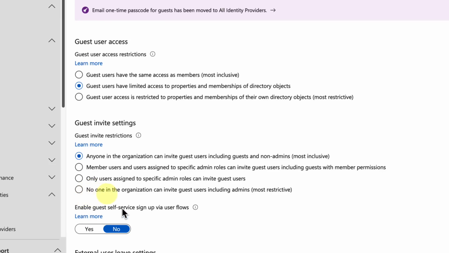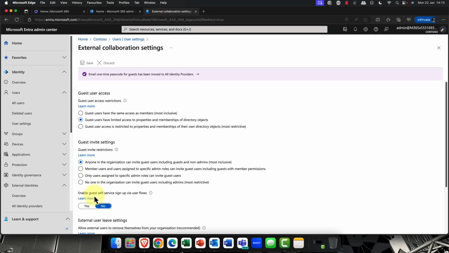Finally, enable self-service sign-up via flows. Typically this is really useful if you're a developer and you've created an app, a shopping app or something, and you want to use business for consumer. So again, the user settings and external collaboration settings, super important.